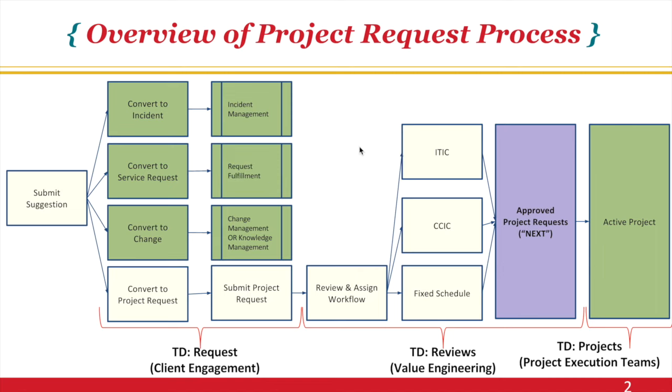The request process has 3 stages. Stage 1, submit suggestion. In this stage, anyone can submit a suggestion. That suggestion is then evaluated to determine which process is best suited to fulfill it. Incident management, for restoring service or addressing broken technology. Request fulfillment, for standard repeatable changes that have defined request models or for offering advice such as how to use